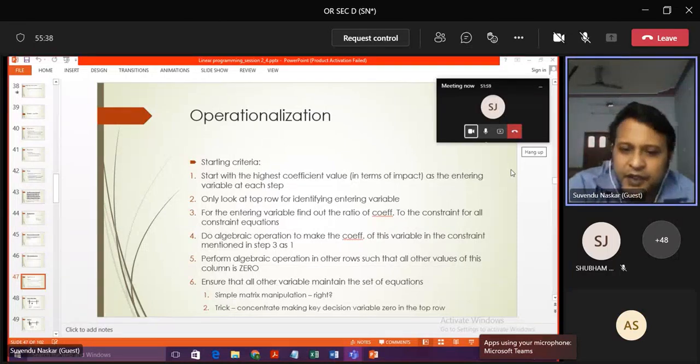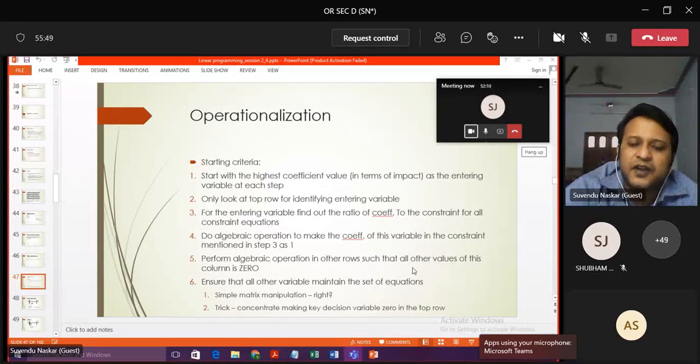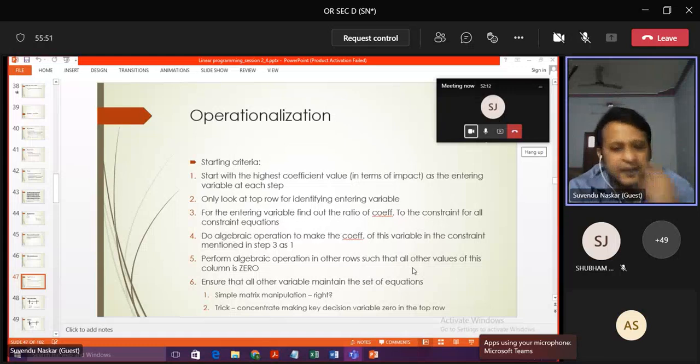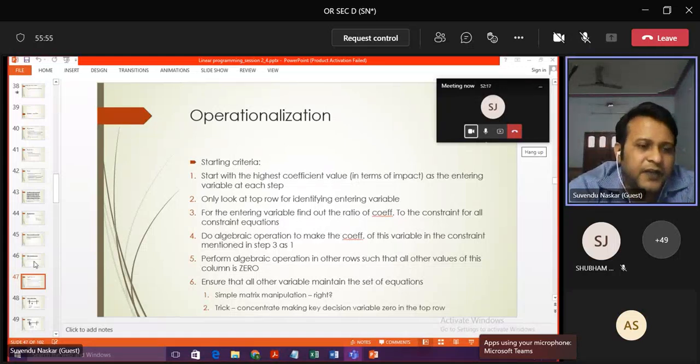Do the algebraic operation to make the coefficient of this variable in the constraint mentioned in step 3 as 1. Perform algebraic operation in other rows such that all other values of this column are 0. Ensure that all other variables maintain the set of equations. Okay. Before I do that,